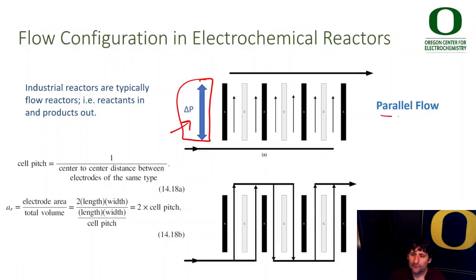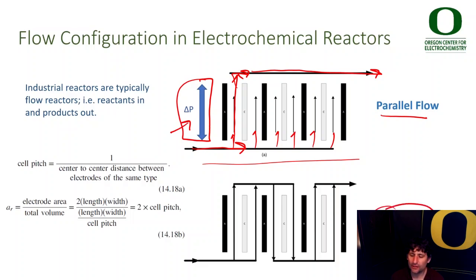In this case, we have parallel flow. So imagine some large reservoir pipe on the bottom, and then there's a manifold which is pushing electrolyte through each flow channel, orthogonal to the input. The products are collected on the other side and taken out of the reactor. In this case, the electrolyte goes through the reactor once. But you could